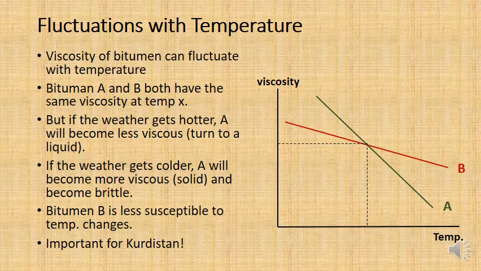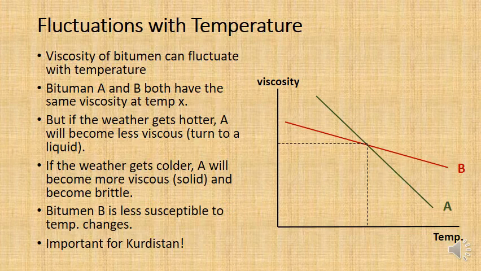Now, look at that graph I've shown you on the right. You've got two bitumens there, bitumen A and bitumen B. Where they cross over, at that temperature, they have equal viscosity. But as the temperature gets hotter, A becomes less viscous at a faster rate than B, and so it turns to a liquid faster than B. And as it gets colder, A will become more viscous, meaning it will go harder at a faster rate than